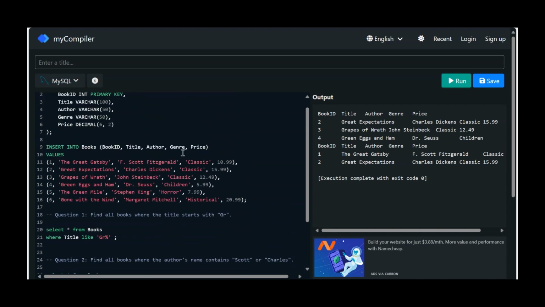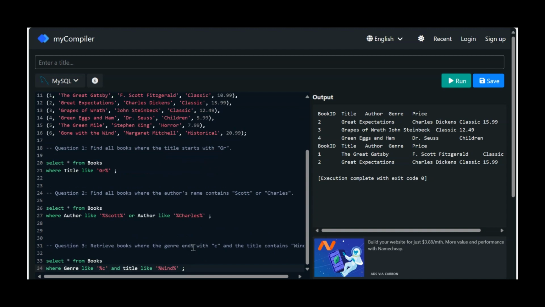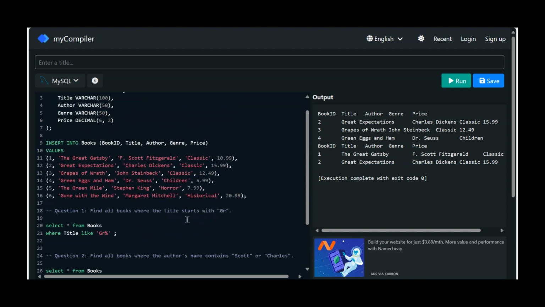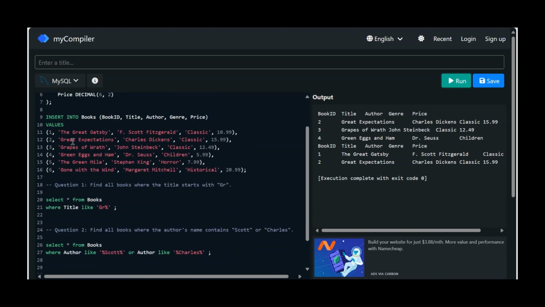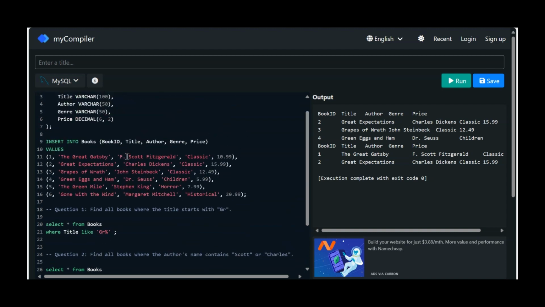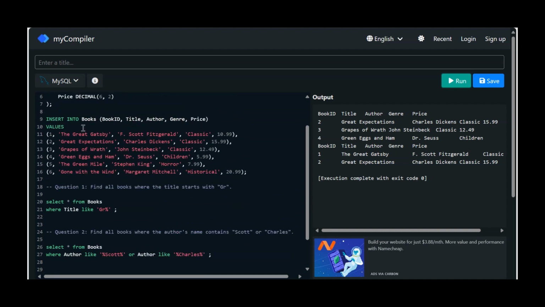So let's go to the genre table and see what are the columns that we are getting. Ends with C and the title contains wind. Book ID and the title. Okay, so these three are the genres which are ending with C. And if we check the title, nothing is there, in none of them is the word wind present. The Great Gatsby, the Great Expectation, Grapes of Wrath. So in none of these can we see the word wind in between,